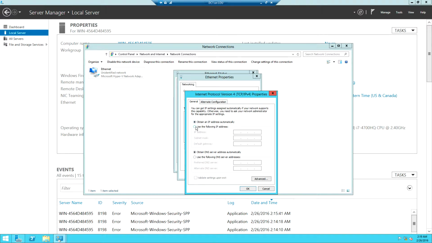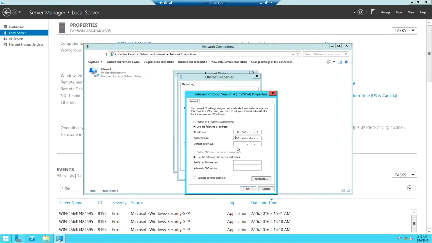Now we are going to select use the following IP address and then specify a class C IP address, 192.168.1.1. When we click the subnet mask, automatically it's going to be auto-filled. Then we have default gateway. If we are going to be connecting to the internet, then we are going to need a gateway. But since everything we are doing is virtualized and it is in a virtual network, we wouldn't be needing a gateway at this moment. But along the line, when it becomes necessary, we can come back